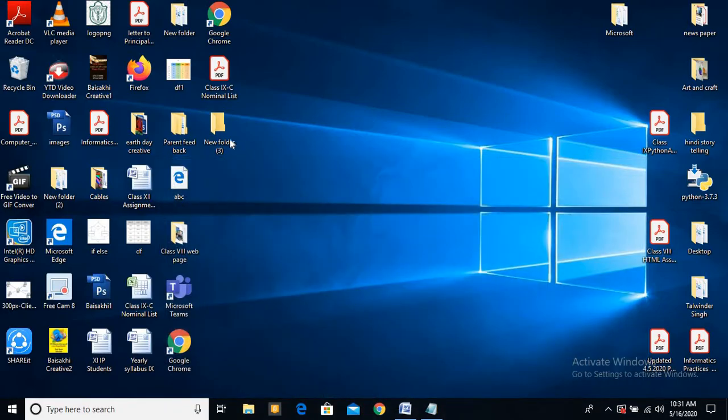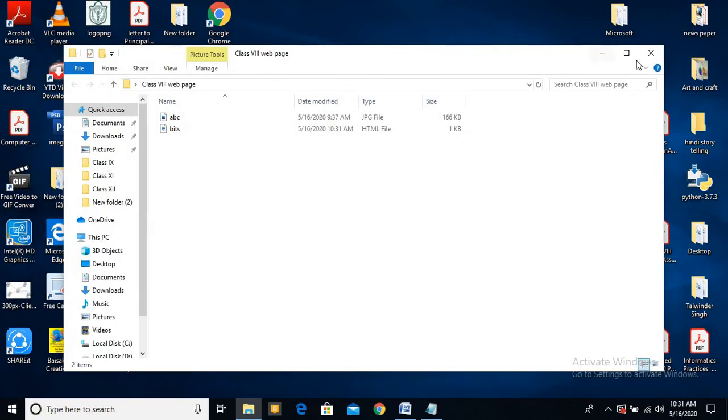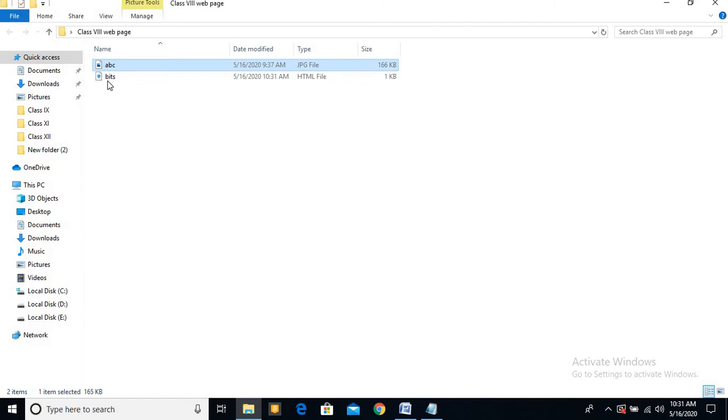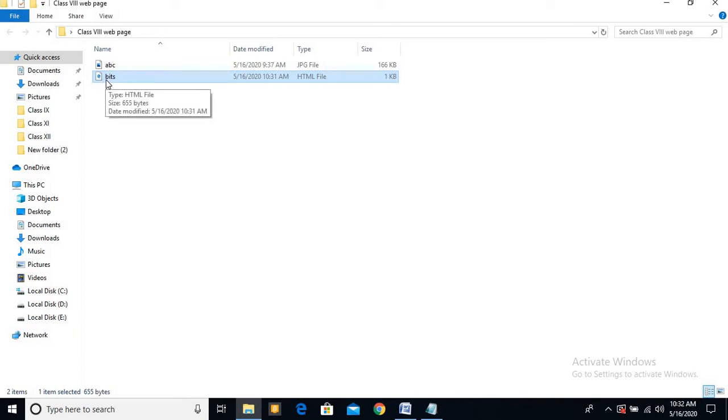Now you see bete, new, this is class, this is the folder. Now you see, image and bits are at the same location. If the image is not here, suppose only the file is there but the image is not available in this folder, then it will not show you the image in your web page. So I am just going to run this web page. If you don't give the extension of HTML, then this E sign, the browser sign, will not come, because the file will be treated as a text file which will not be implemented in the browser. So now I am going to open this.